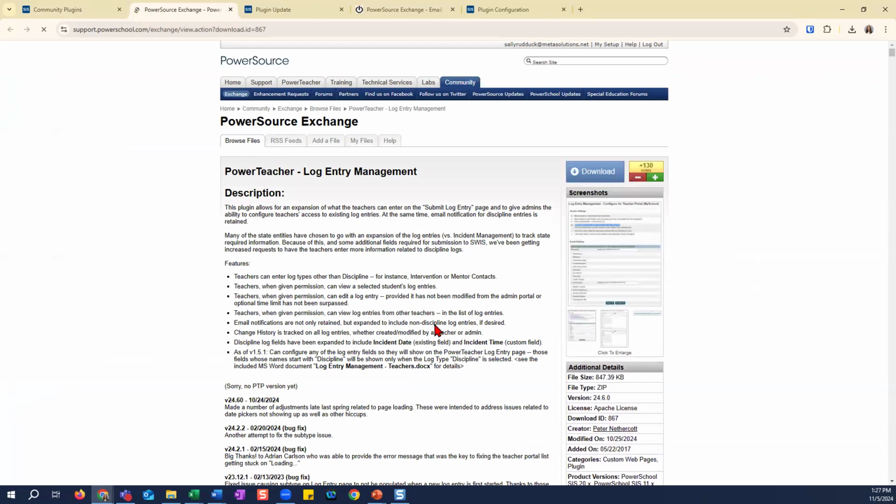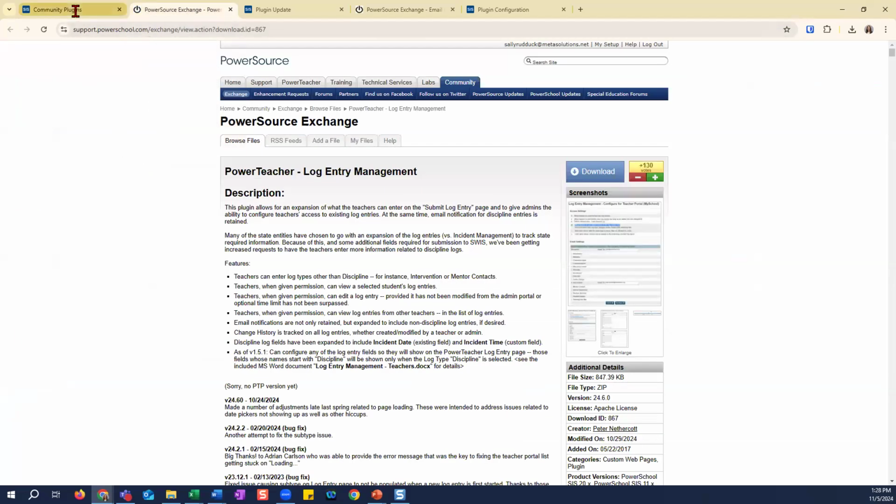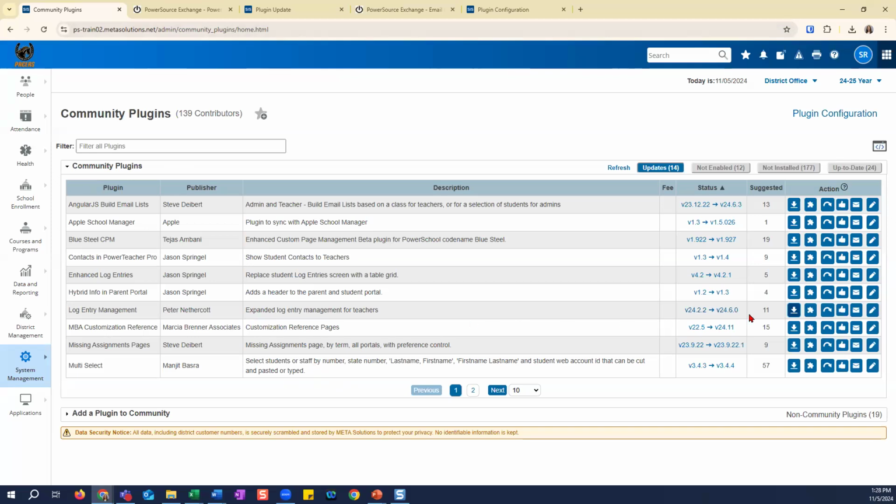As we look at this here, you'll see that version number listed. If this version number was not what is listed on the community plugins, it does say 24.6.0, but maybe 24.2.2 is what was listed on PowerSource. That is an example of when we would suggest you skip a version. You wouldn't want to see it on your updates page because the plugin is already updated according to what is available. When you would see a number listed here that is not available on the PowerSource site when you navigate to it,